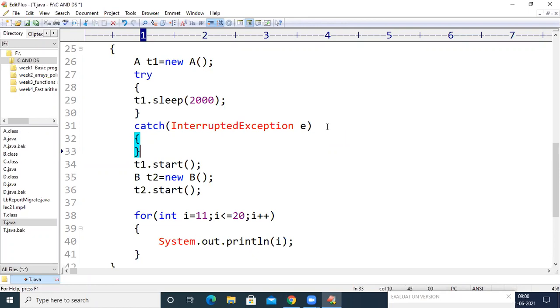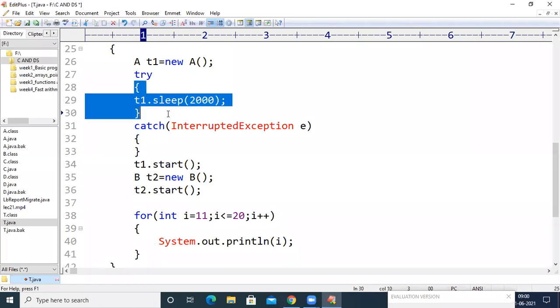Nothing will happen. What this try block does is identify an exception. We have already seen that if we use the sleep method, we get an exception called interrupted exception.